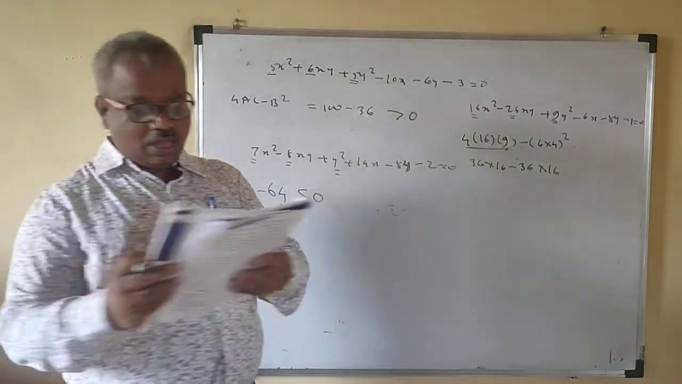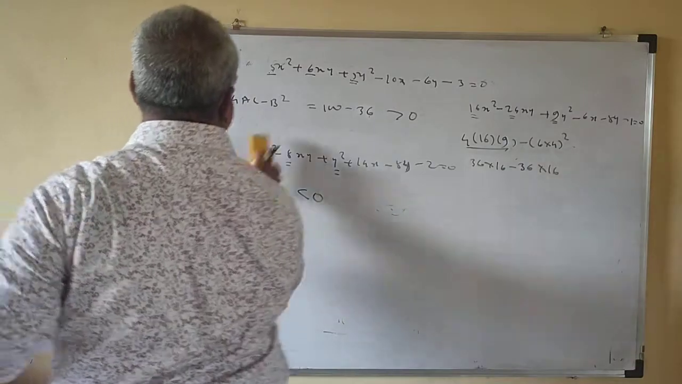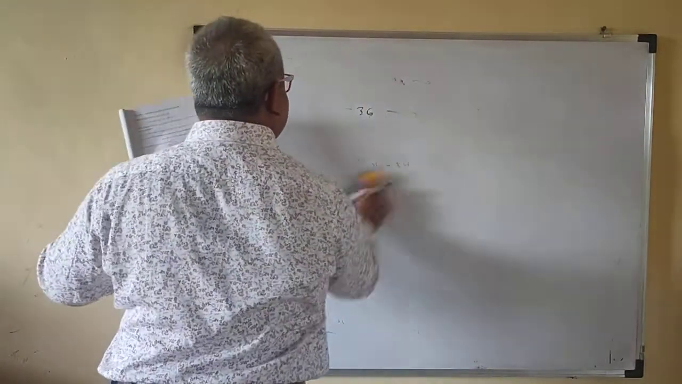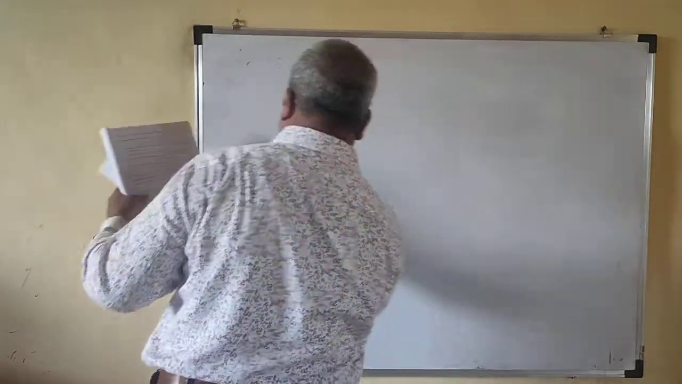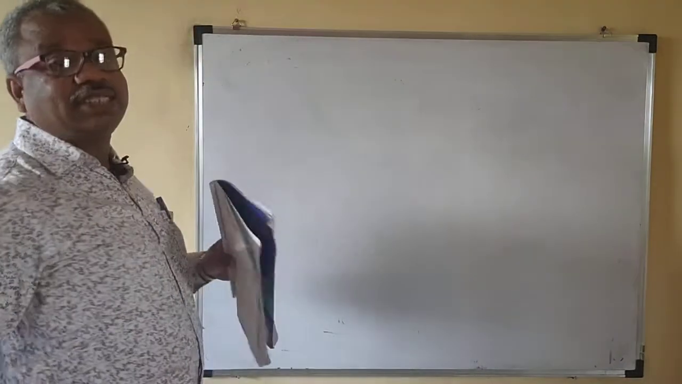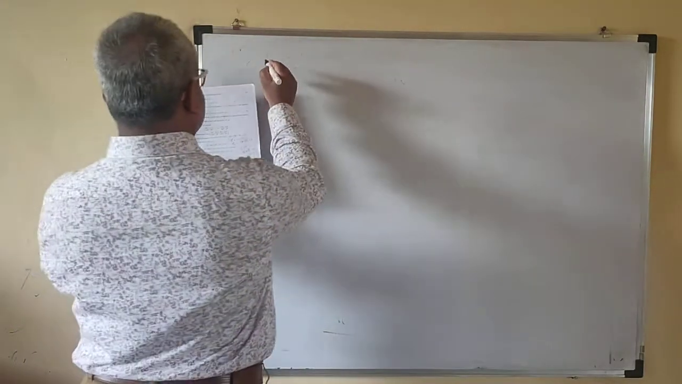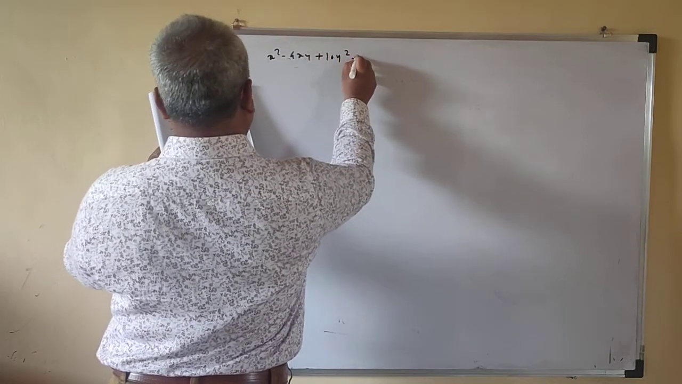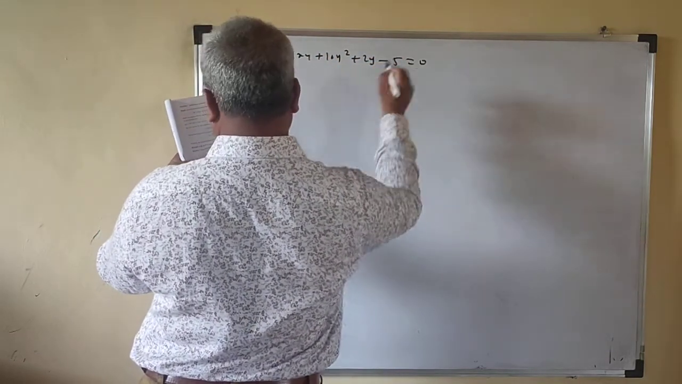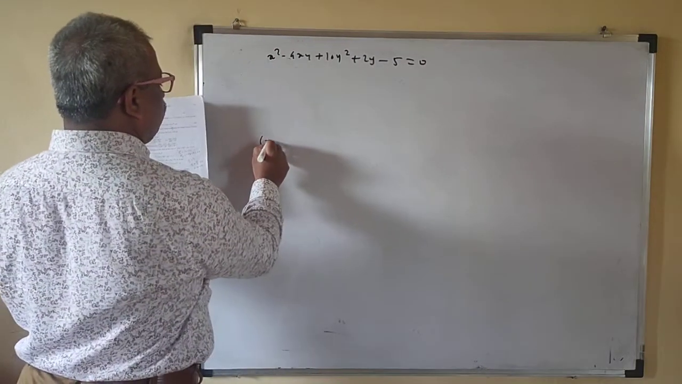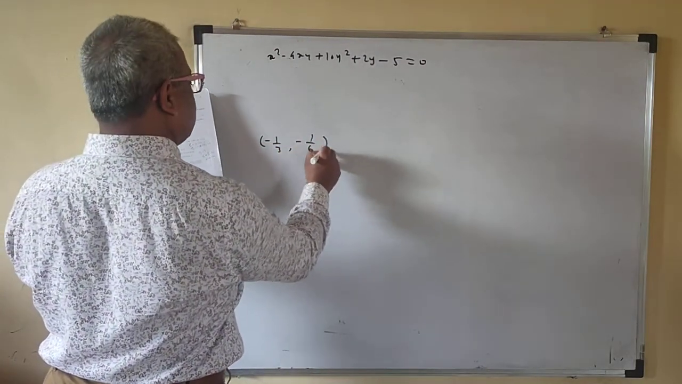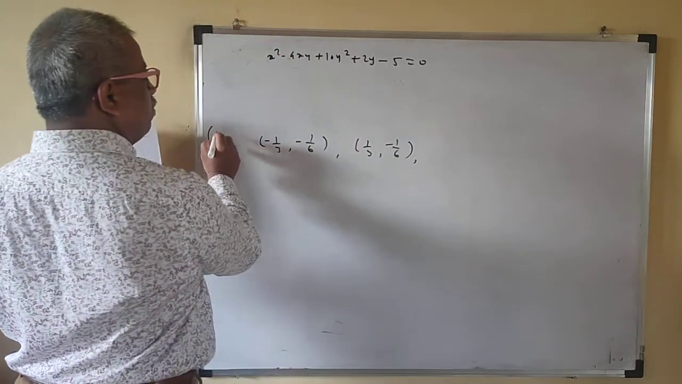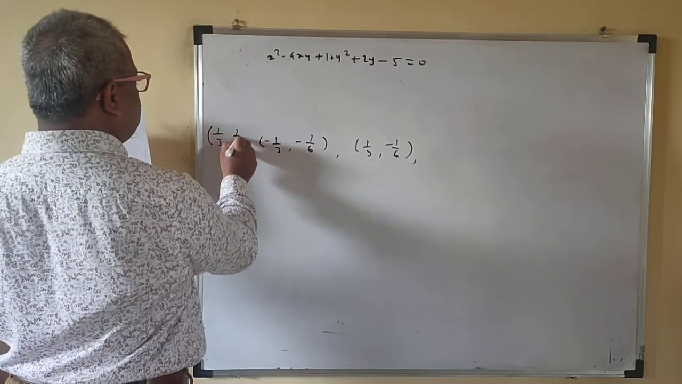The center of a conic. Suppose you have to find the center of this conic. Now see, it is very easy to find the center of the conic. The formula is very complicated, but to judge which one is the center, that is very easy. Suppose we are given x square minus 4xy plus 10y square plus twice y minus 5 is equal to 0. Okay, and the options are given to you: minus 1 by 3, minus 1 by 6; 1 by 3, minus 1 by 6; 1 by 3, 1 by 6;